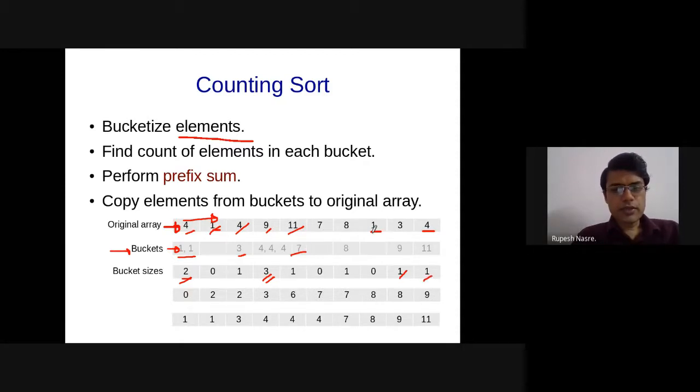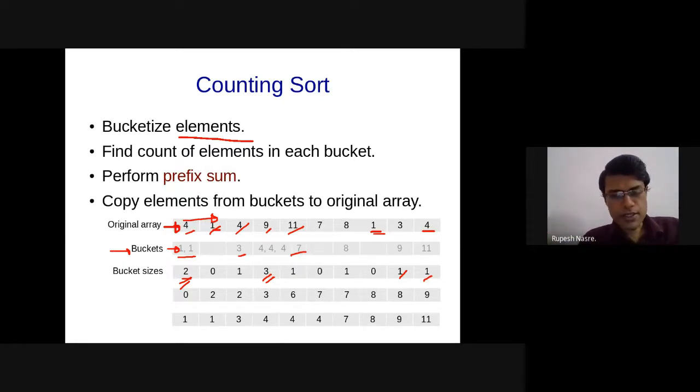Right? And when 1 appears again, you increment this to 2, and that becomes its final value, and so on. So these become the bucket size. There is a small mistake here, but I suppose you are able to get the idea. So we get these counters, which are essentially bucket sizes. How many buckets do we have? Equal to the maximum value in the elements, right? So how do you find the maximum value? Well, that can be done using one pass. So that is okay. Order n is the complexity of finding the maximum. So once we have this, we increment this and we get some counters.